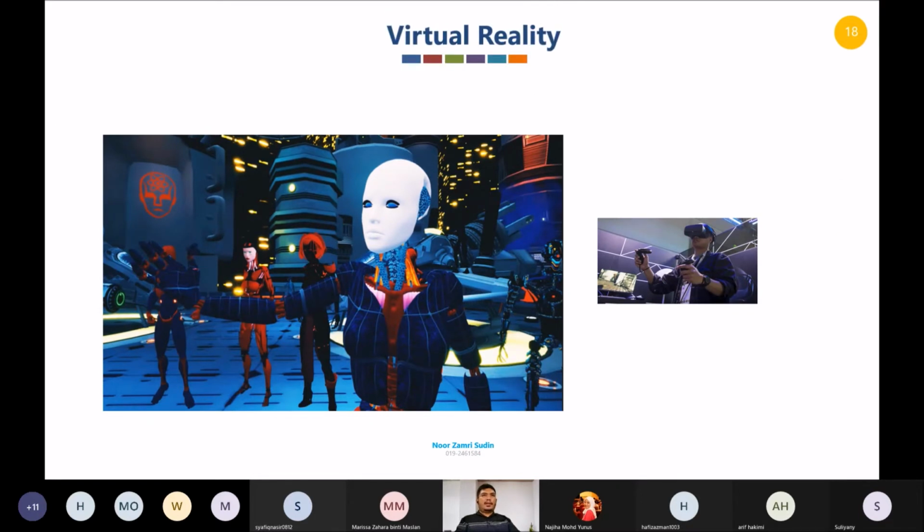Okay, this is virtual reality. Virtual reality and augmented reality are part of one pillar also. With virtual reality, you are in a totally different world from our world. You are inside the virtual world. Usually you will use this kind of headset. I'm not sure what this one is, maybe an HTC Vive, I'm not sure. When you wear this, you are inside the virtual world. You can move, you can do anything inside there, but it will not disturb our system outside. Okay, this is virtual reality.